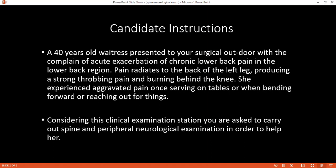Samantha, please let me know if you have pain anywhere. I'm going to palpate the paraspinal muscles on both sides, the right and the left. After I have done all this palpation, now I'm going to check some of the spine movements, starting with